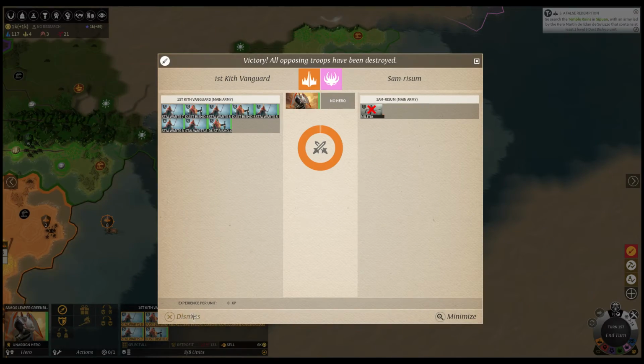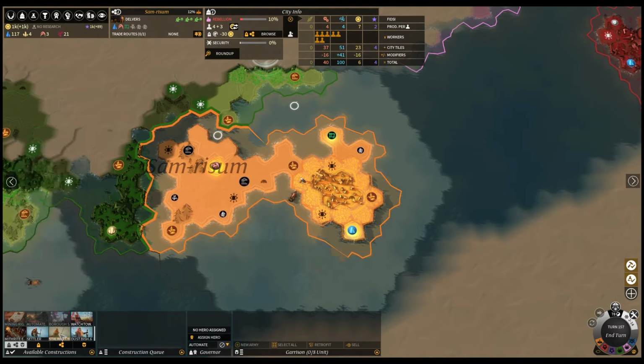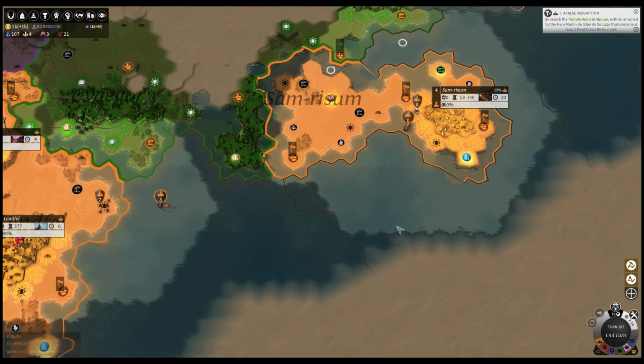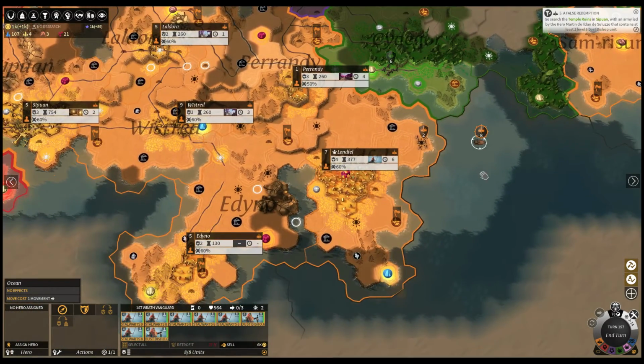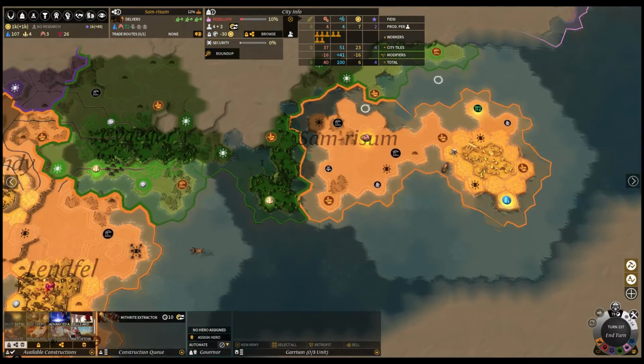Obviously, we'll take that. You don't get any XP for killing militia, apparently. Hey, we can actually build our mithrite extractor. Alright, so now Samrisum is our forward staging ground. Any new units we buy should be bought in Samrisum. And in fact, let's cancel this stalwart. I know that the industry we've already paid will not be refunded, but...